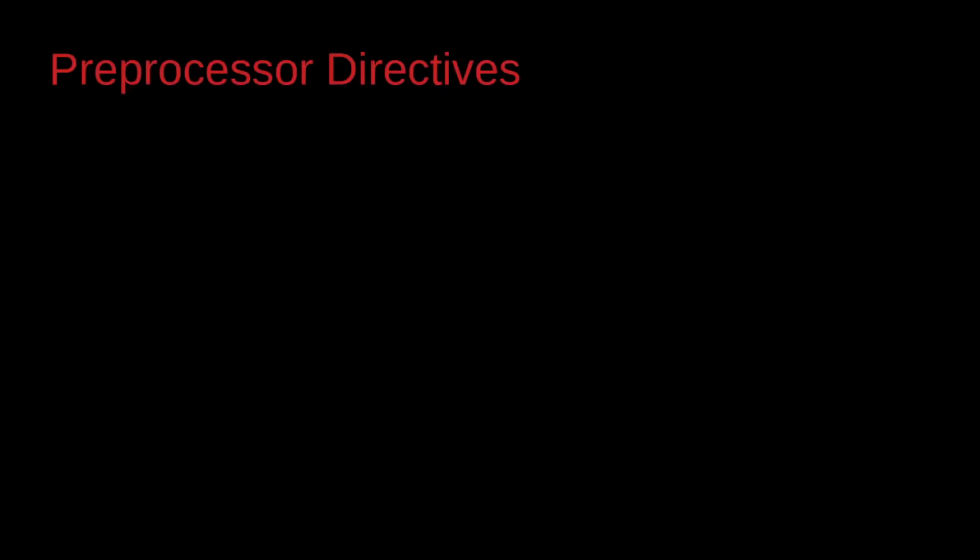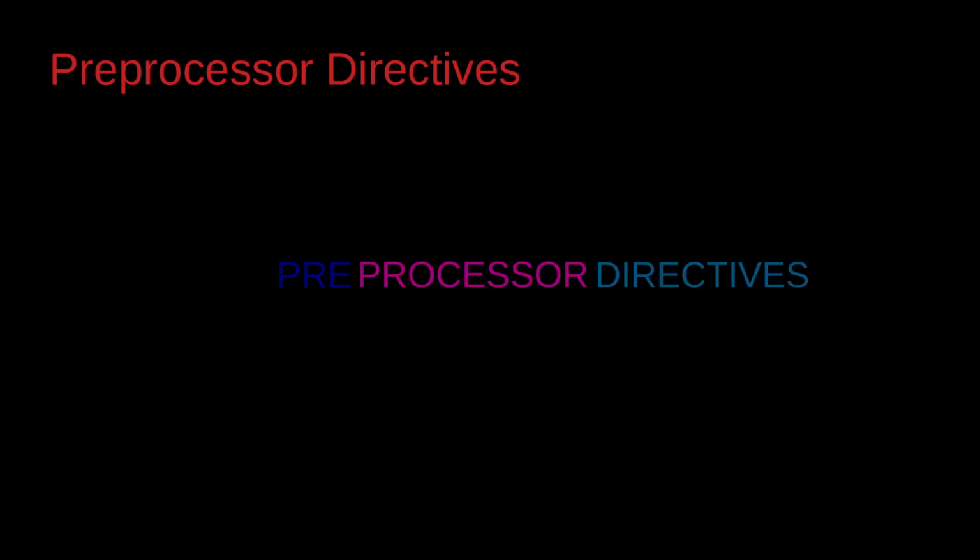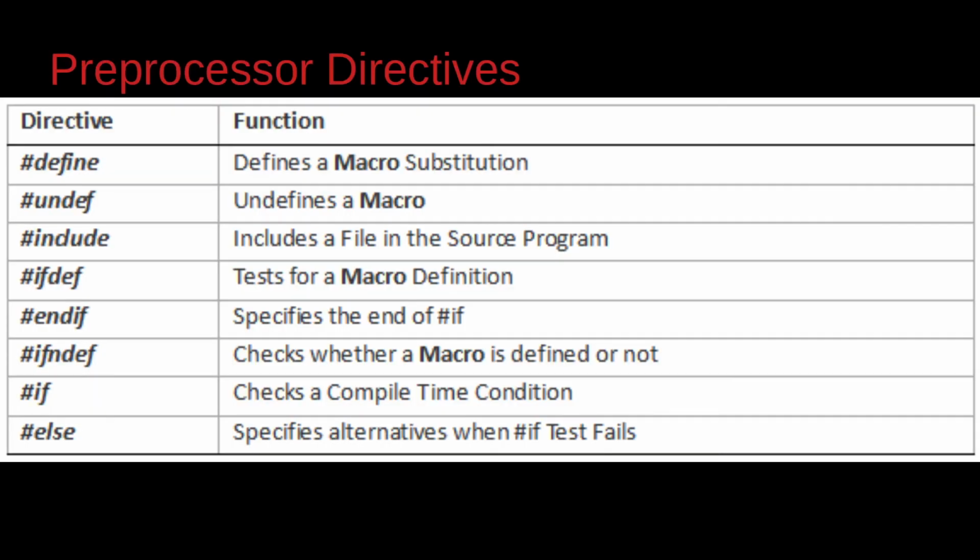After that, we have the preprocessor directives. To understand what they are, let's just divide its name. It starts with pre, which means before. Processor means the same thing, a processor. And directives means directions. These are the directions that need to be established before processing. These include the #include statement from the previous slides and a few more that we'll learn as they come. These preprocessor directives always start with a hash symbol.